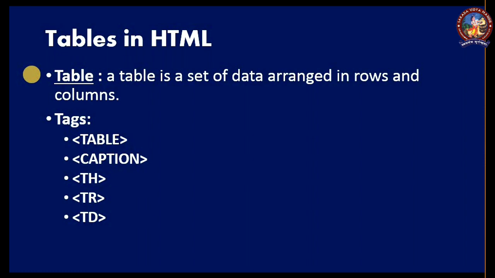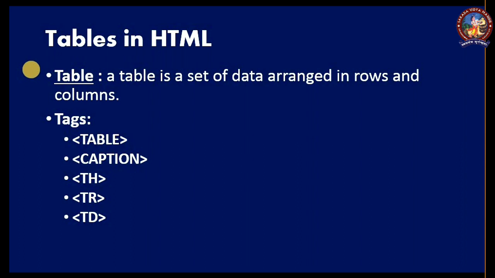The table heading, the th tag, is used to provide the column headings like roll number, name, class, section. The table row is used to create a single row in a table, like the record of roll number 1. So for roll number 1, the record will be stored in a row, and for that purpose the tr tag is used. And table data is used to insert the data in the row, like in the row the roll number is 1, so tr is used to create the row and td is used to put the value 1.